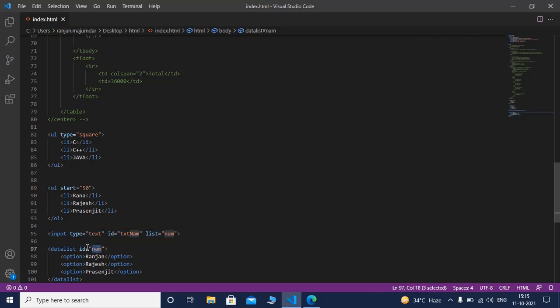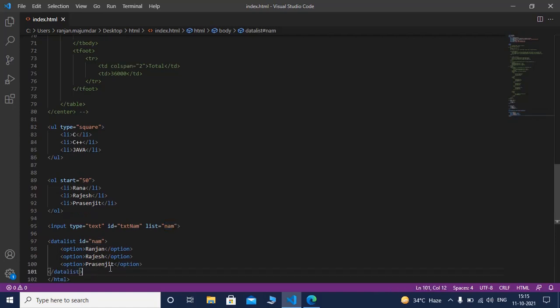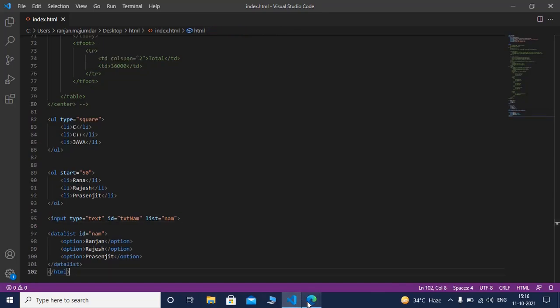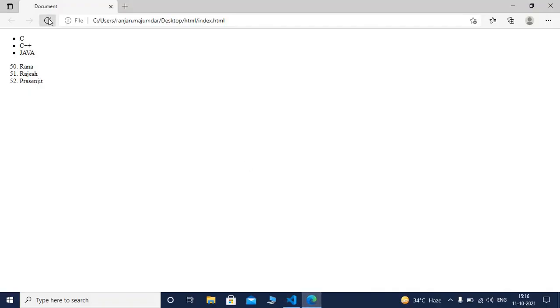Here you can see the ID of the data list is name, which is the name of the list, and these are the option values. These predefined option values will show when you click on the text box. So this is called the autocomplete feature. Now I am saving it, refreshing it.